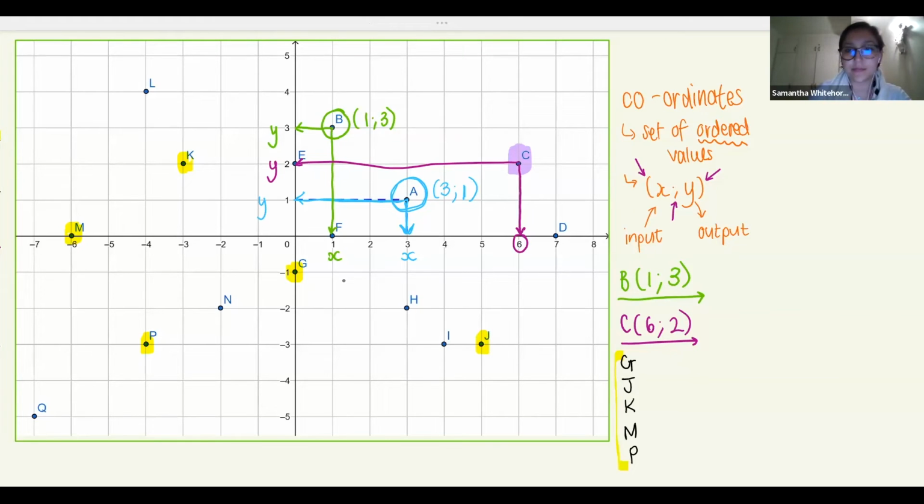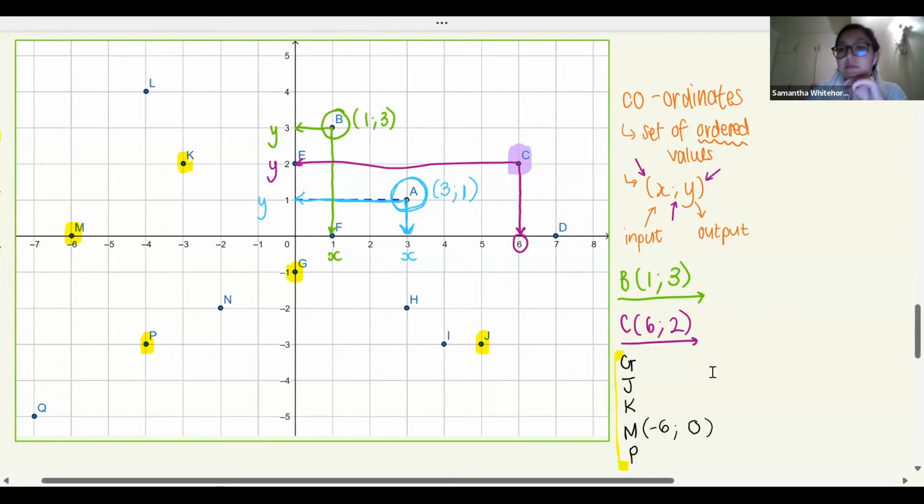M. Okay, cool. So tell me the coordinates of M. The coordinate for X is -6. Good. And Y is 0. Excellent. Well done. So guys, I'm just going to take a second here because this is such an important one that